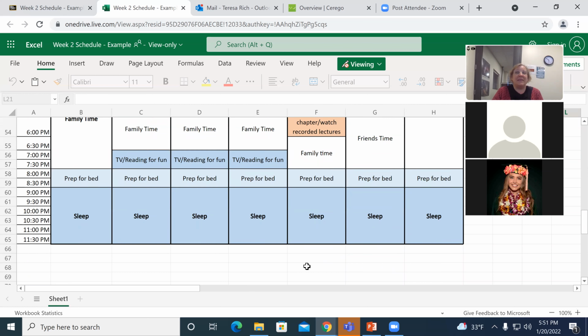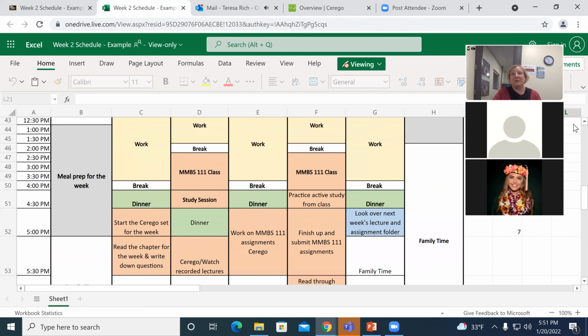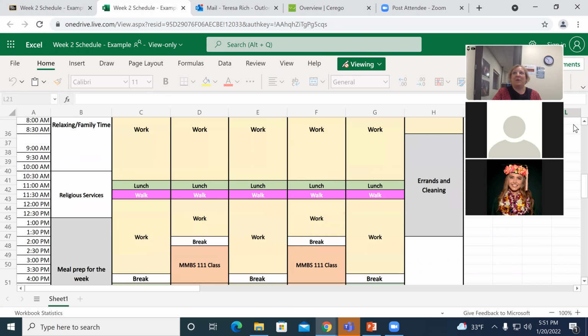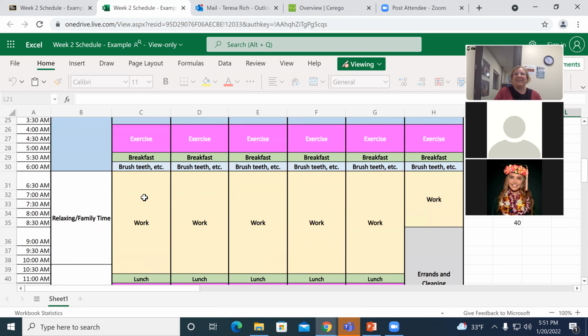So this is, like I said, it's a time management thing. I do something similar to this before each semester, and that's how I figure out when my office hours are going to be. That's when I figure out when in the world I'm going to get exercise in. The minor things,